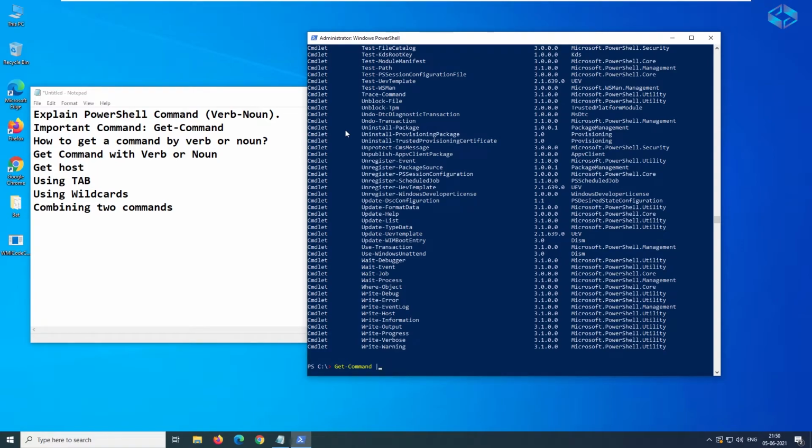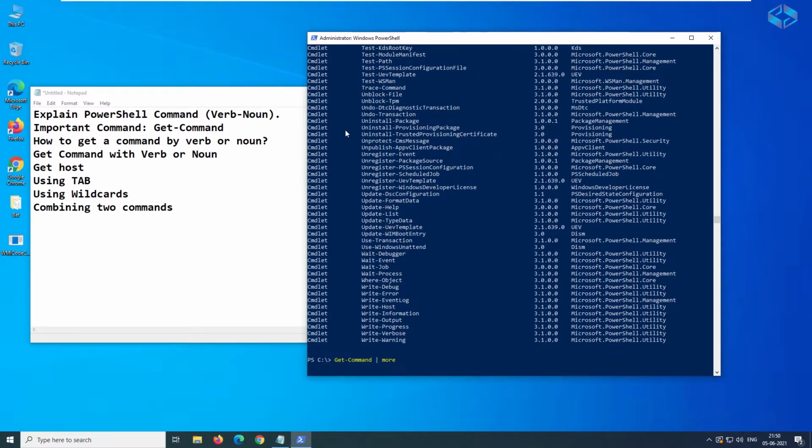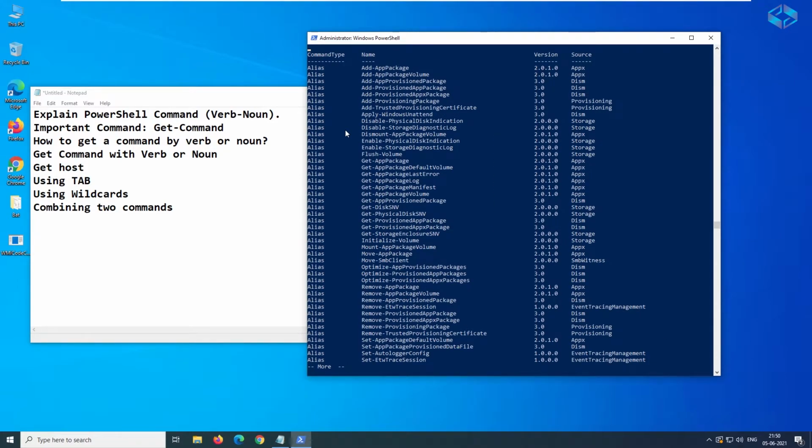Pipe is just for linking two commands, you could say. So now we can have the Get-Command on the left side of the pipe, and on the right side we will give more. You would already have understood what we are talking about here.